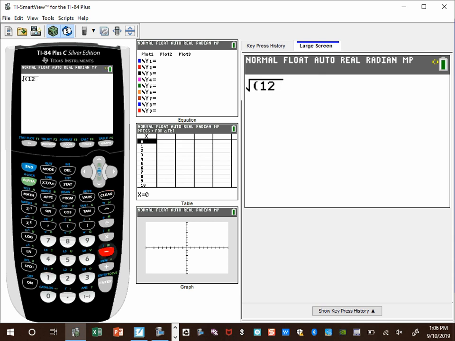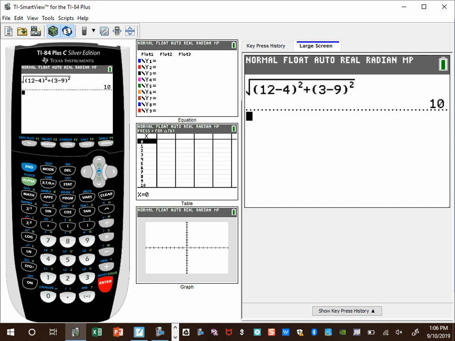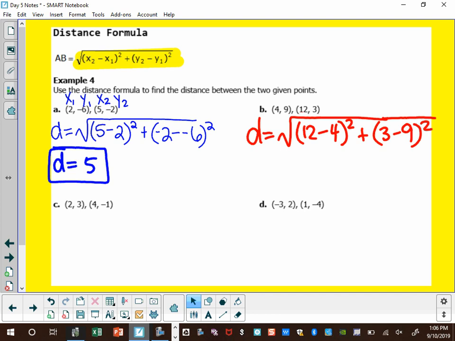You guys have 12 minus 4, right? 12 minus 4 squared plus 3 minus 9 squared. Did you guys get 10? Yeah. Alright, good. So this side of your distance is